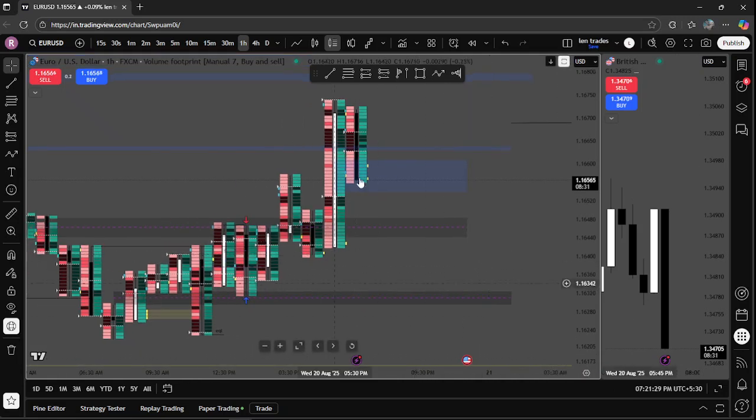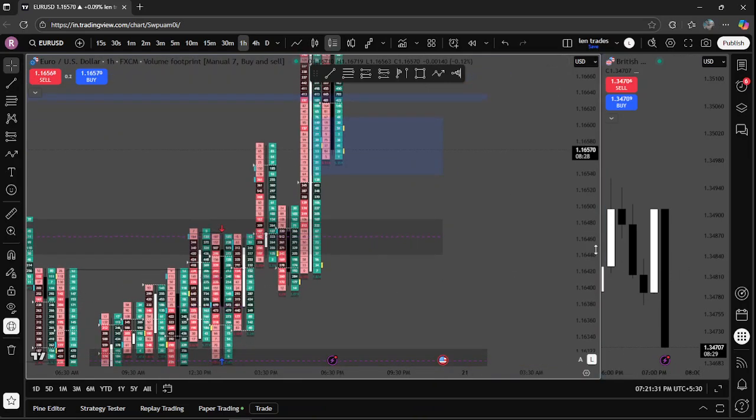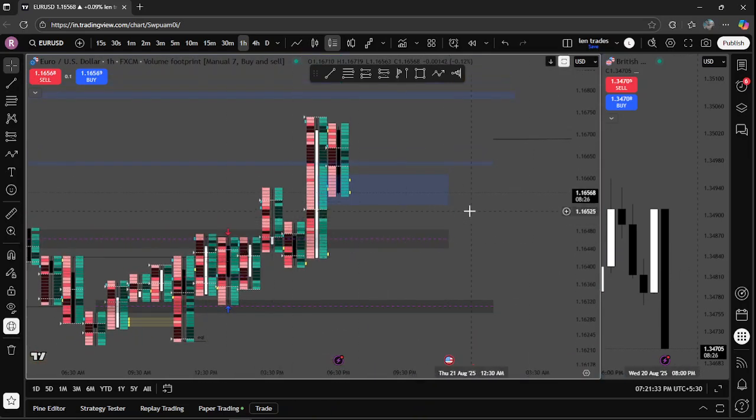Bid and ask, you really don't need to see the numbers anyway. Just look at the colors. That's why footprint charts have colors, so you understand it through the colors, because it's hard to read